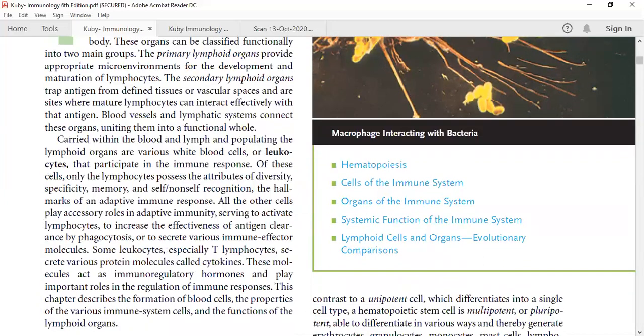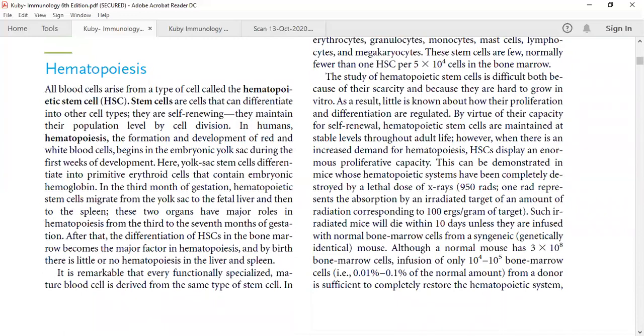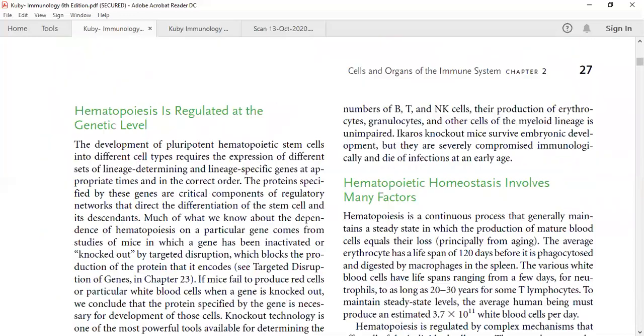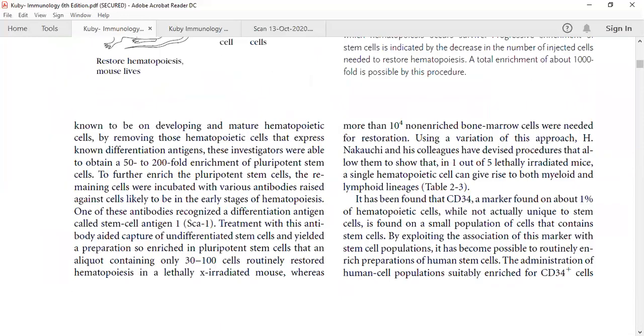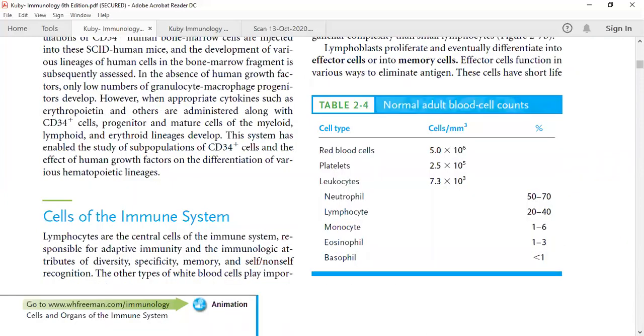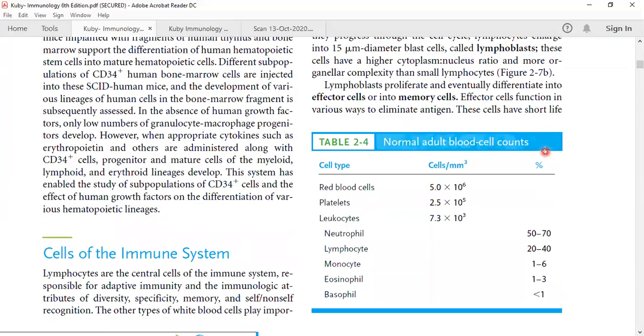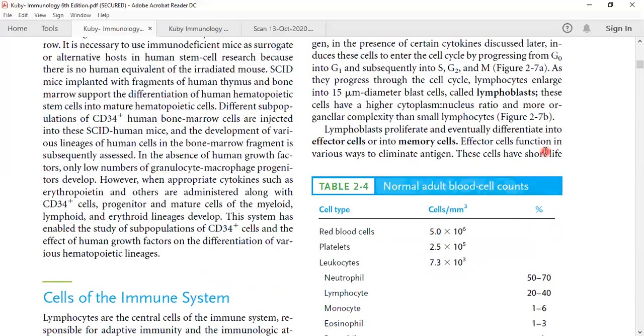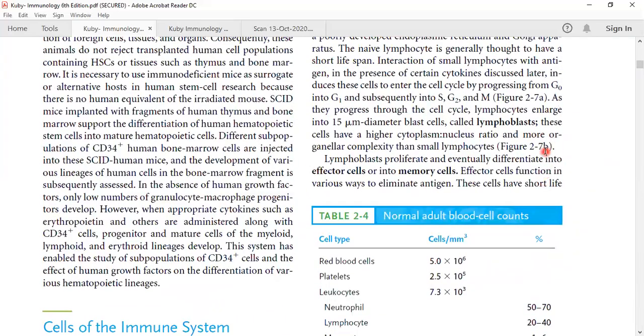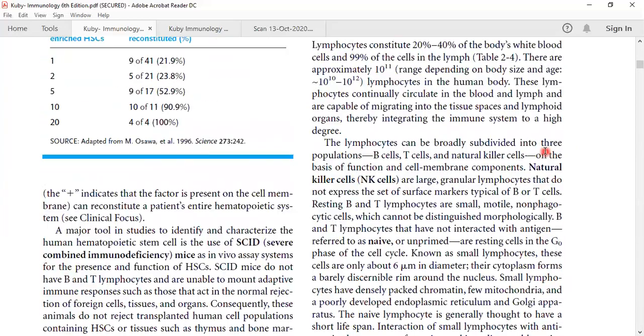So first of all, we have covered hematopoiesis. Hematopoiesis is happening in the bone marrow in adults, and first of all, we will cover the